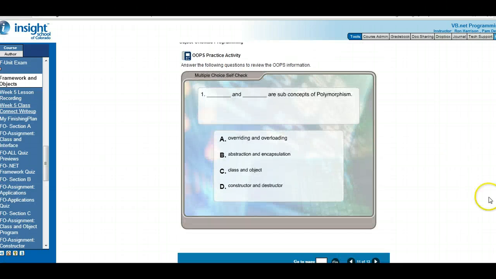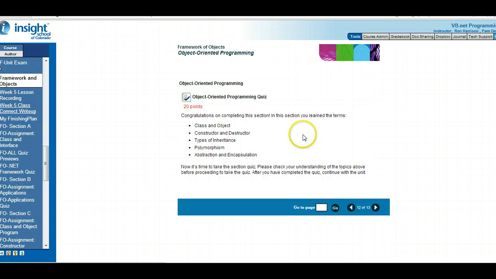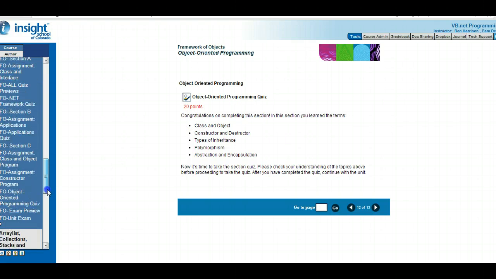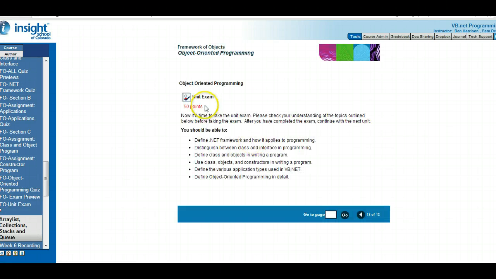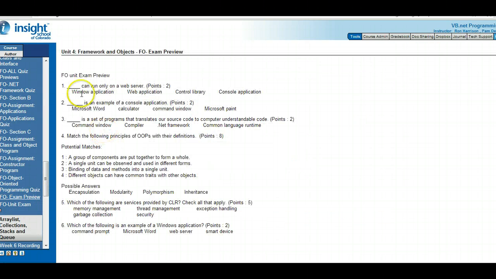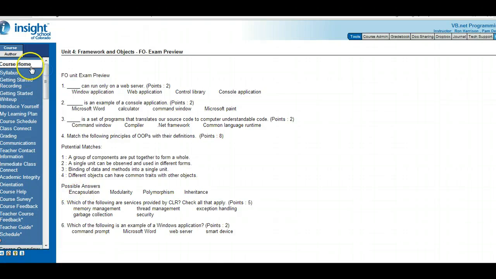There's an object-oriented programming practice activity. Go ahead and do that. Then the OOP quiz, right over here on the left. Of course, put a quiz preview right up above. Then finally, you have the unit exam, and there's the unit exam preview, unit exam, pretty basic. So that's all we have for this unit. So if I go back